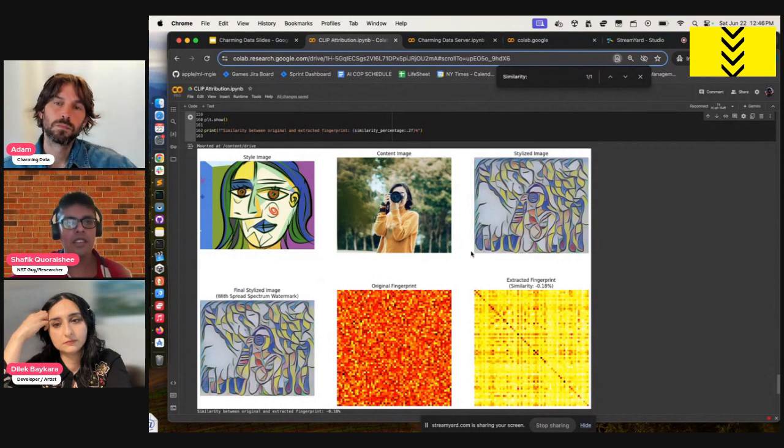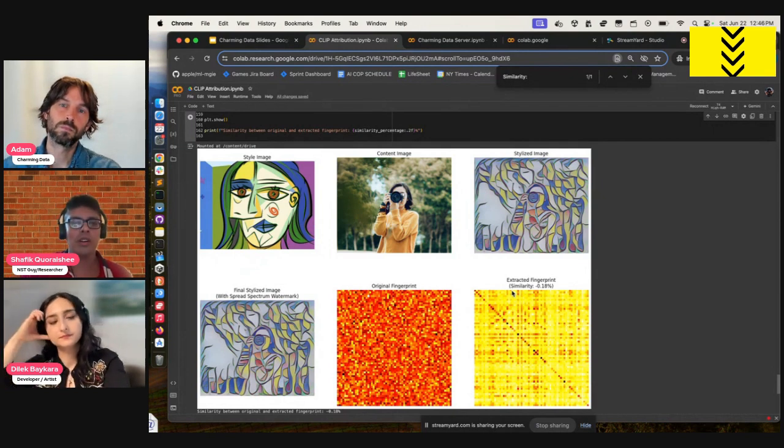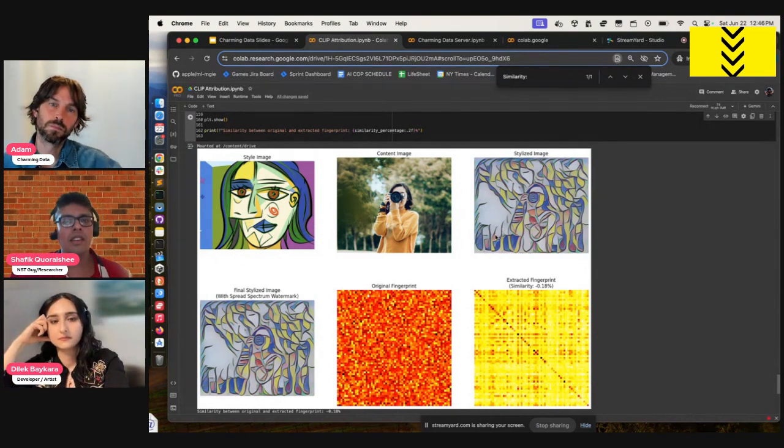And you can see in this example here, I do this style application. I can take the original fingerprint. Now, the similarity, I would not worry about this. It says similarity is -18%. This is just like a test. It actually has no numerical bearing. The point is that the fingerprint is transformed in a specific way once you stylize an image.